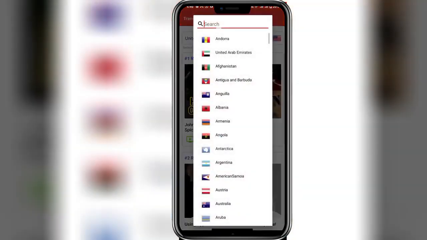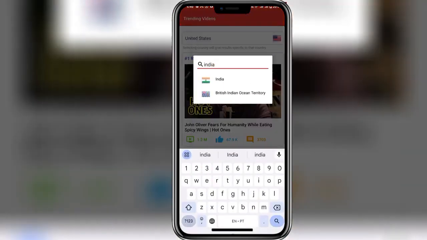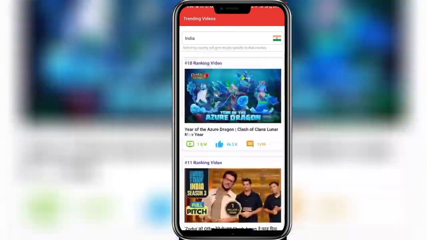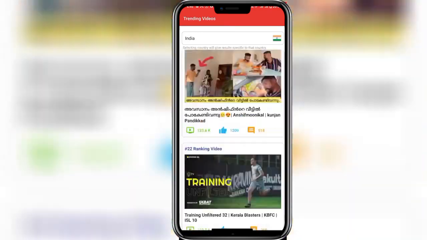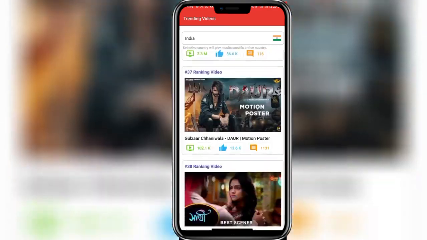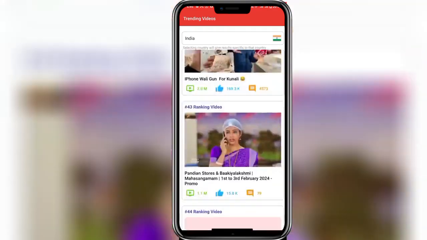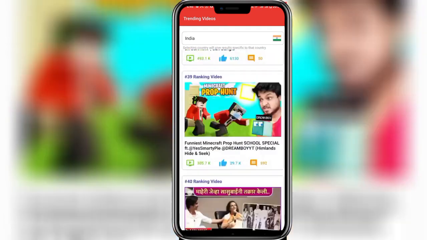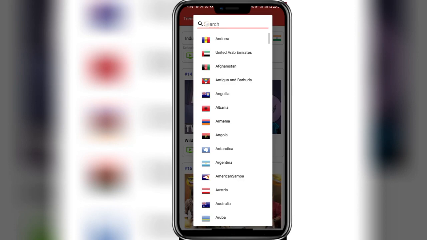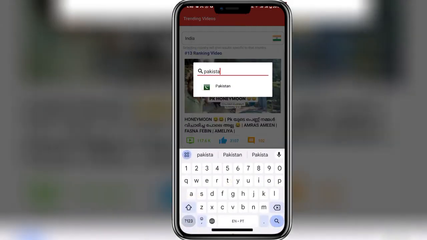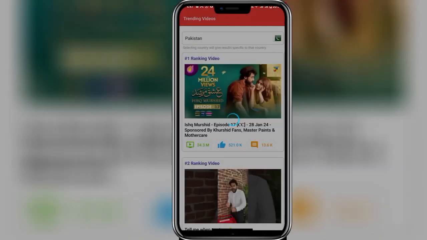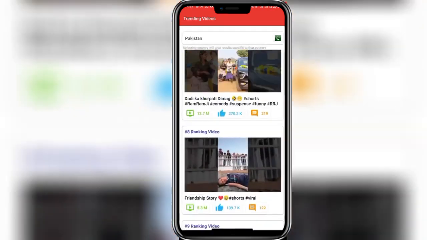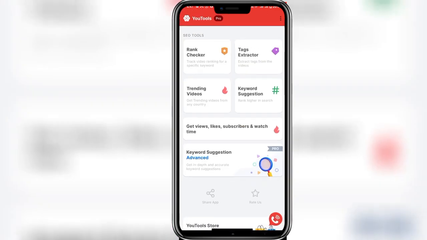If you are in India, you can select India, and you will get all the Indian trending topics. Don't play with YouTube. If you are sitting in Bahrain or London or Japan or China or the UK, and you are finding trending topics from India, it's useless for you. If I click on Pakistan, here I will find the Pakistani trending videos. Got it? It's an authentic website, an authentic application.